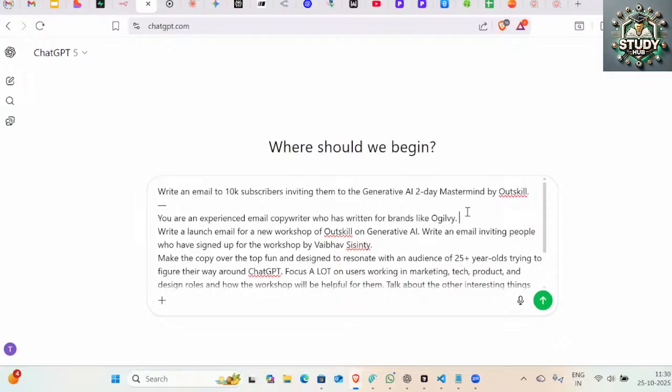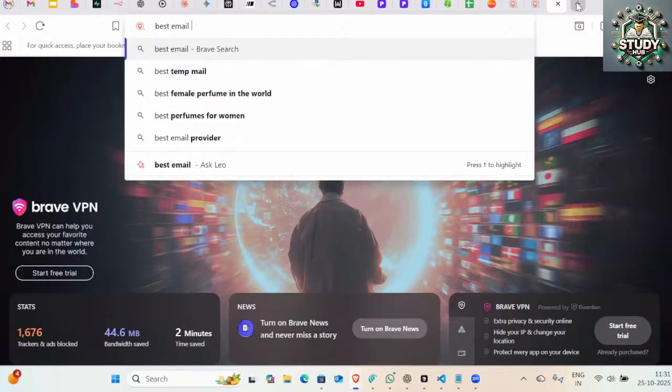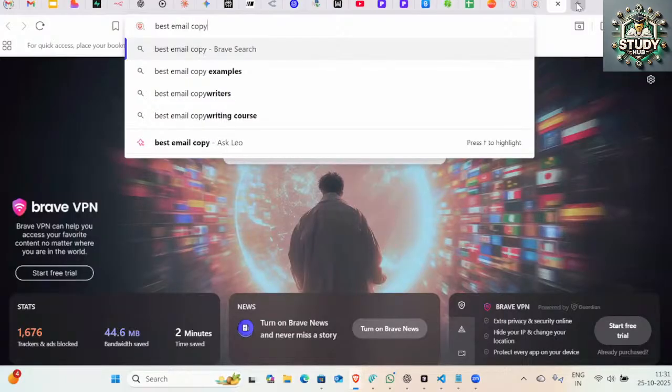One key takeaway, right? As you said, you will be investing your entire day today learning a lot of things in Gen AI. The first and foremost thing I want you to take note of is to always start your prompt by defining the role for that particular thing, right? The reason, just think of it: once there were no LLMs, right? If I wanted to learn how to write the best email copywriting, I would have done the same thing, right?